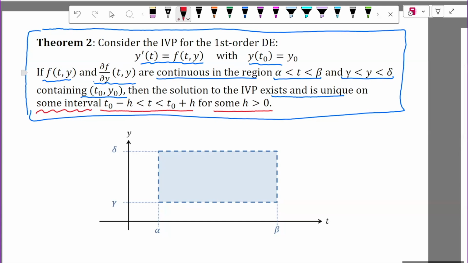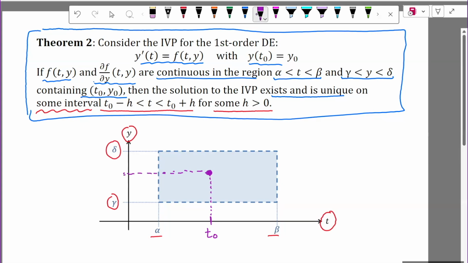So in this rectangle down here, we can see what this looks like. For t between two values alpha and beta, and for y between two values gamma and delta, what this theorem tells us is that for some initial time t naught, we are given an initial value for y. So that's given up front in our initial value problem. So this is our value for y naught, and it sits somewhere in this rectangle. What the theorem tells us is as long as f and its first partial are continuous on this entire rectangle,